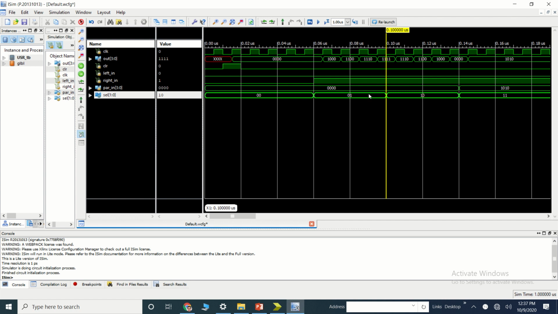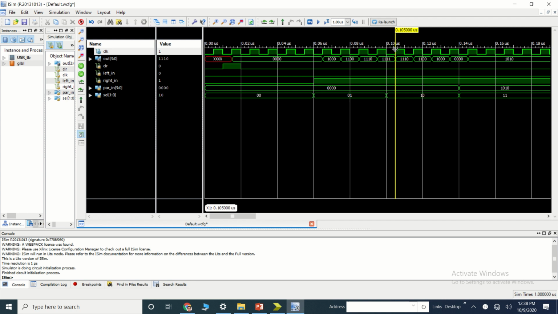Then we are switching our mode from 01 to 10. Okay, but again the output is not changing because it is not getting the pulse of the clock. So it would wait for the pulse of the clock. Now the left input we have provided as a 0. So when it gets the pulse of the clock and the left input is 0, what is the previous output? 1111.